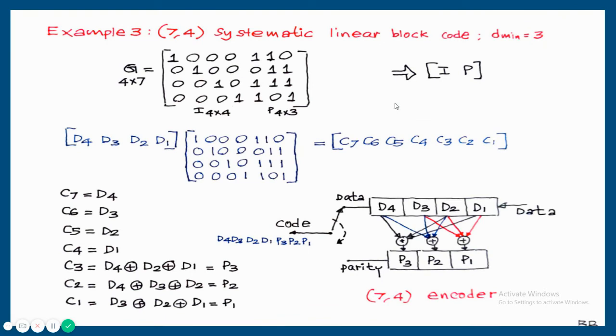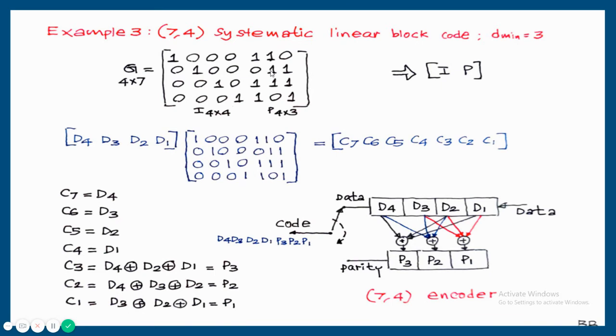Third example, the 7, 4 systematic linear block code. The 7, 4 systematic linear block code is a Hamming code, so we have included it under the Hamming code section. 7, 4 is a Hamming code with D minimum equal to 3. Here the format I selected is IP. For 7, 4, 4 rows and 7 columns are needed. The identity matrix dimension will be K cross K, that is 4 by 4. So the identity matrix is completed. The next requirement is 4 rows and 3 columns, K rows and N minus K columns. Without any repetition, the combinations should be written.